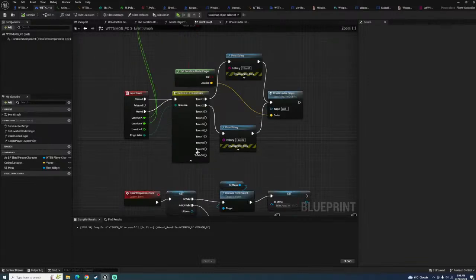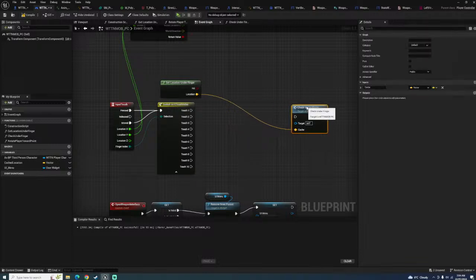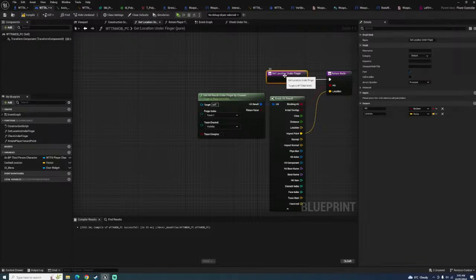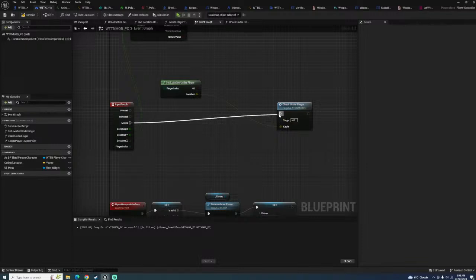In the controller, we're getting references to touch 1, touch 2. So these are happening. I think we're going to have to change a little bit, since we're getting this, I think hit result under finger by chance. We might just, maybe, can I just do this? I do that, and then I do you, and then if I get rid of you and do you,